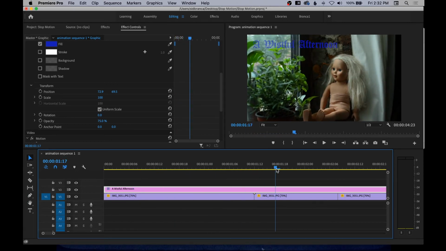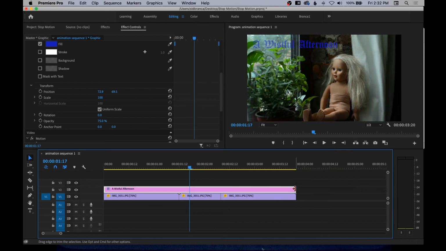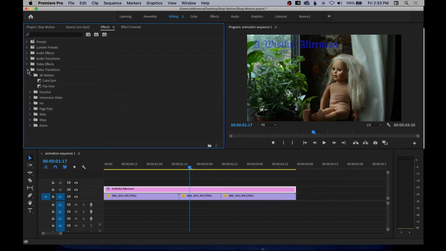To adjust the length of an image or clip or title in the timeline, you can hover over the end until an arrow appears and drag that around to trim it. To add a fade out, go to the Effects window, which may be in the lower left corner by default. Select Video Transitions, Dissolve, and Cross Dissolve.